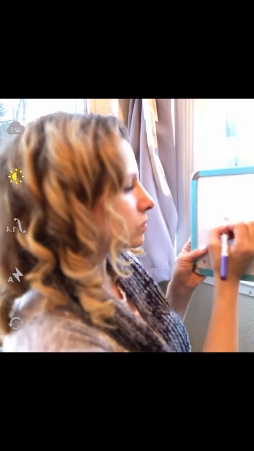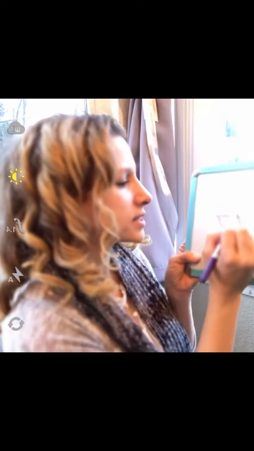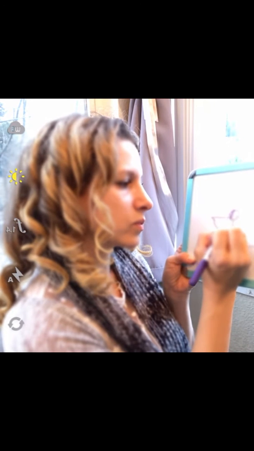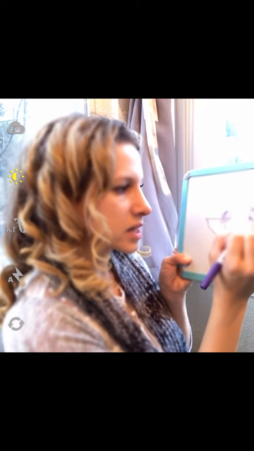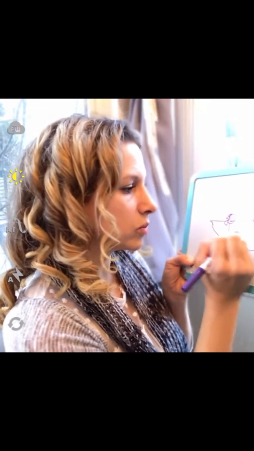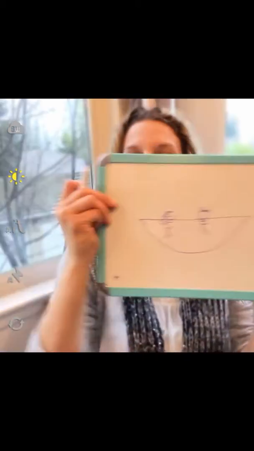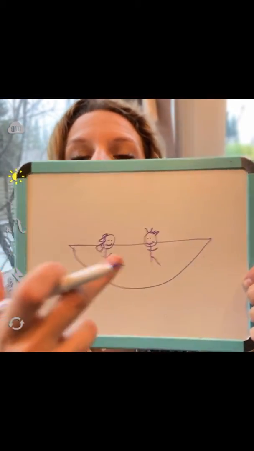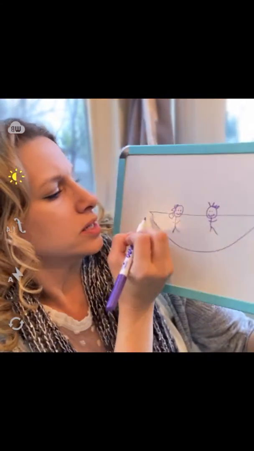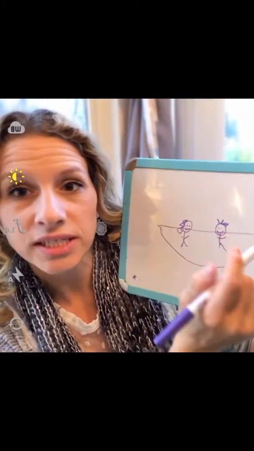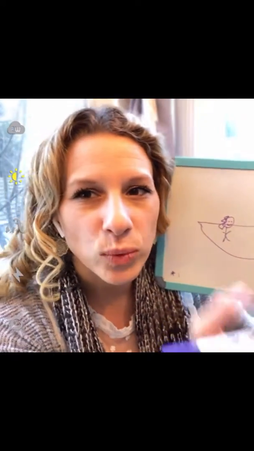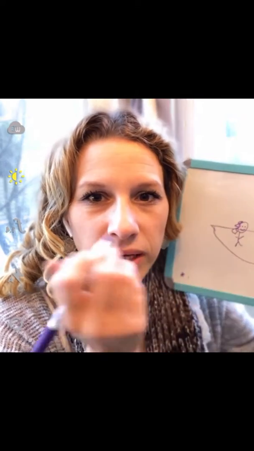All right, so we're going to start with this whiteboard. So the camera, if you are sitting right here, we'll say that's one person, and this person's going to have spiky hair. You always need to be in these positions. She needs to be on this side, he needs to be on this side. The camera cannot go over here, because if that changes, he's suddenly going to flip around and be on that side, and it's going to break continuity. It's going to break your people being connected to you.